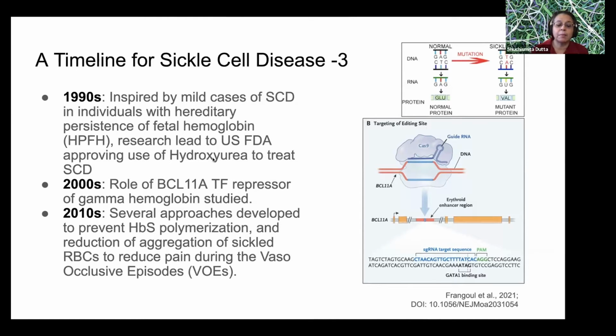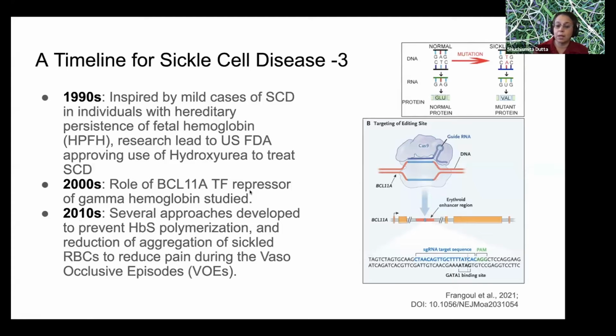promotes the production of fetal hemoglobin, and that somehow balances out the sickle cell and the fetal hemoglobin's proportion in the blood, allowing the individual to have a reasonably normal life and not have to experience all this pain and organ damage, etc. In the 2000s and 2010, more specific research identified this particular transcription factor, which